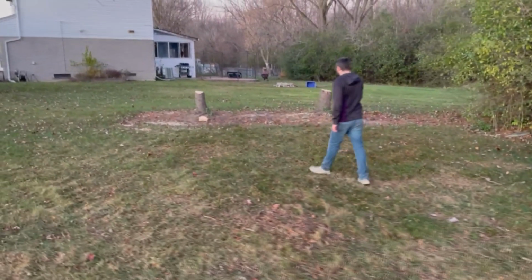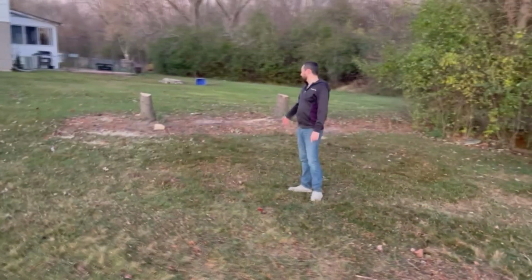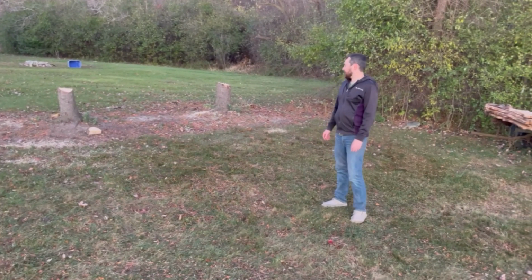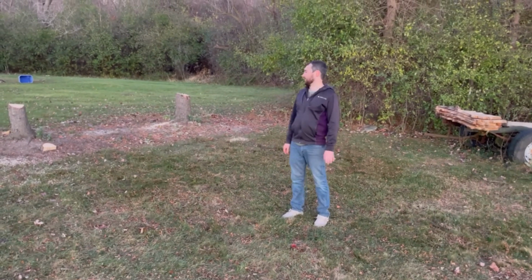So really we just have these two stumps to deal with, and then there's a little bit of stumps and stuff from the brush that got removed last year, but we might just wait and let that rot out through the winter, and then these are small enough that we should be able to just pull them right out with a